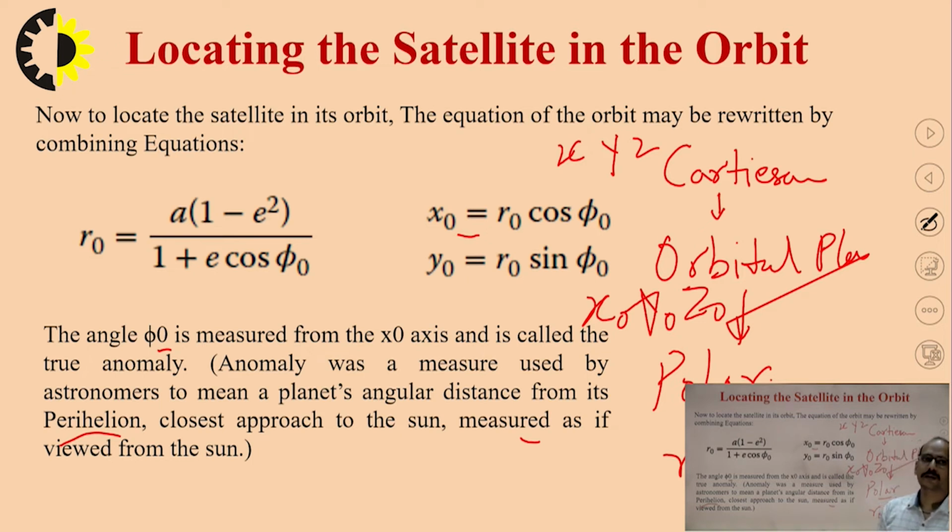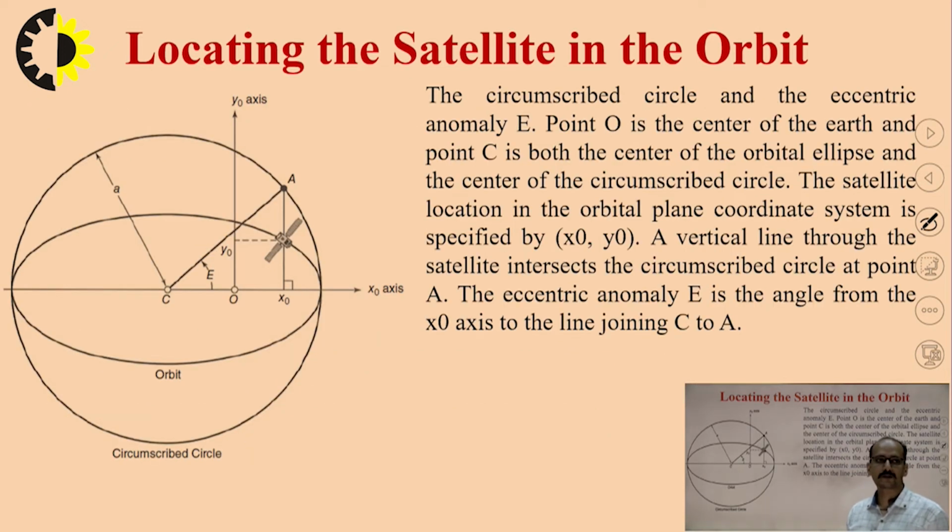Because when you are locating the satellite in the orbit, you can easily find one point, but at various positions and various situations you have to identify the true location. The true location always has to be found with respect to earth, with respect to space, with respect to sun. When we talk with respect to the sun, it becomes perihelion. So these terms, anomaly and true anomaly, are used by astronomers and related specialists. So this is about locating the satellite in the orbit.